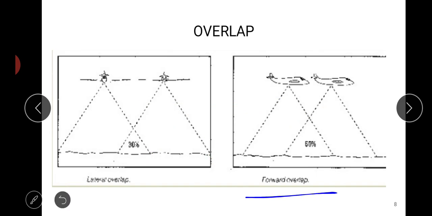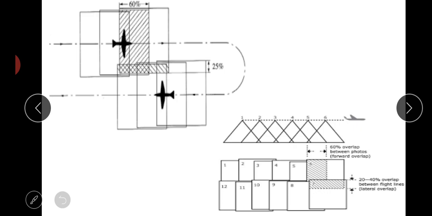Here you can clearly identify what a forward overlap and a lateral overlap are. See here, this is a forward overlap, this is a lateral overlap. I hope you all are clear with what overlapping is and what the two different types of overlap are.